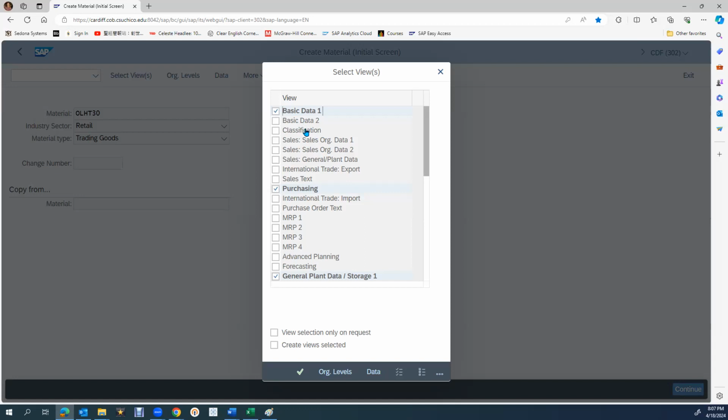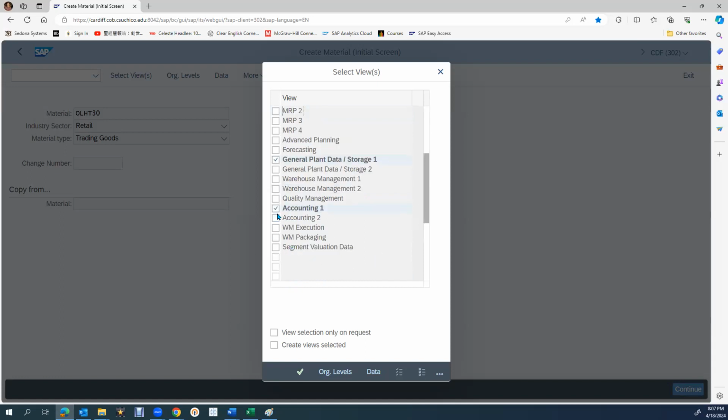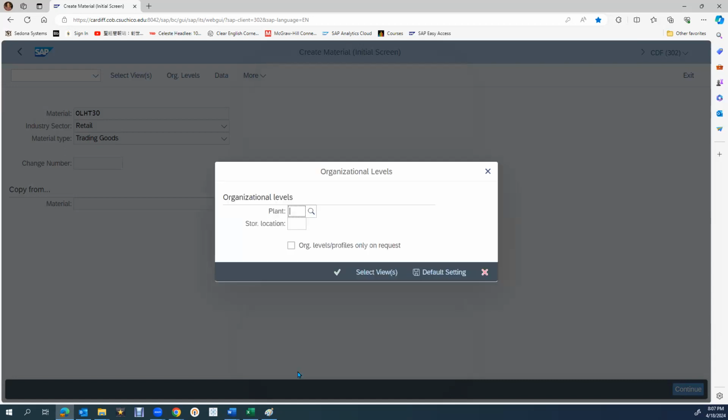But 4 views: basic data 1, purchasing, general plant, and scroll down, make sure we check the accounting one. And then you can click from here directly to the organizational levels, or you can save this, and then it pops up the organizational level automatically. Oh, because it's required. It means you can see organization means which plant, because the company has multiple plant locations, and they want to specify which plant is going to receive